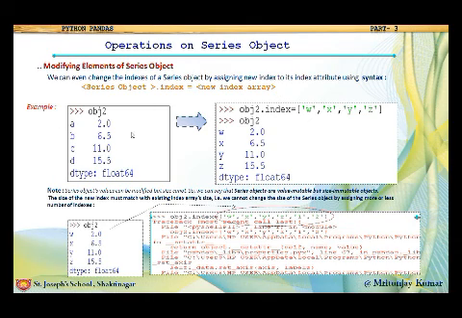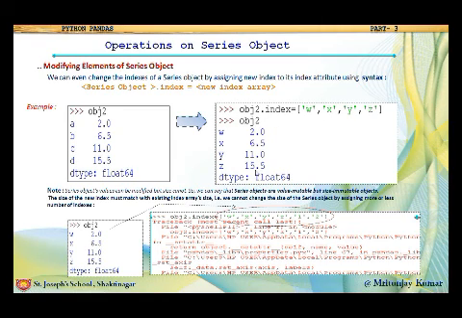You can see here the previous object with the 4 defined values. Previously the index is A, B, C, D. We want to replace this index with a new index, W, X, Y, Z. We will write obj2 dot index equals W, X, Y, Z. Now you can see the output. In the output, the previous index A, B, C, D has been replaced with the new index W, X, Y, Z.